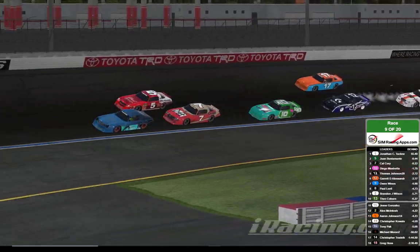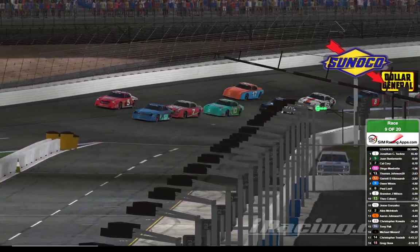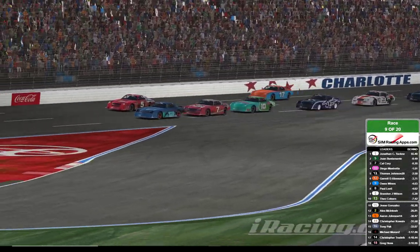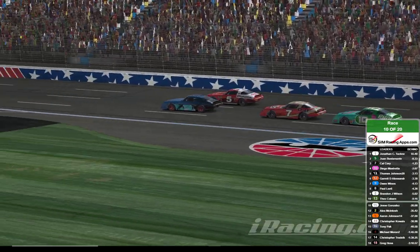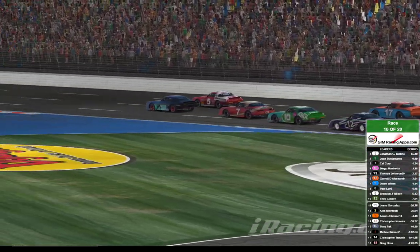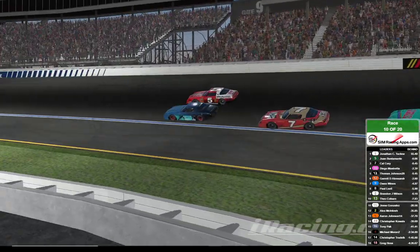Bustamante continues to work the high line. He's on the outside of the 1 of John Tuckness. Tuckness gives Bustamante plenty of room as they come out of 4, and at the line, this time by, it's still going to be John Tuckness by a fender. We begin lap number 10 of 20 at Charlotte with John Tuckness in the lead, followed by Bustamante, who is